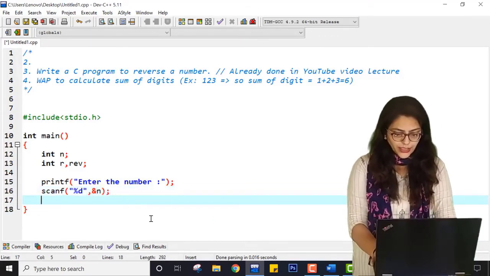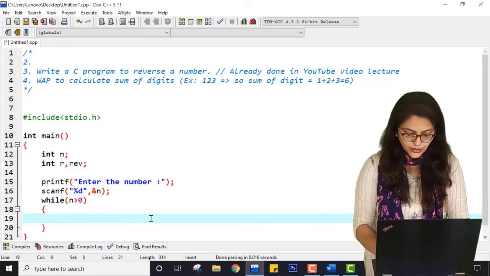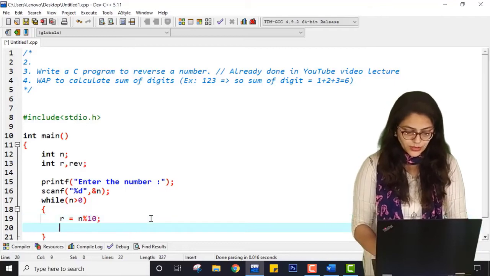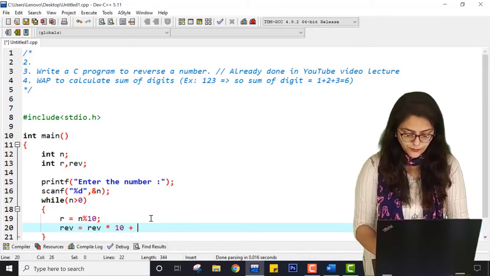Then I am writing while n greater than 0, I am doing r equal to remainder, n modulo 10, then reverse equal to reverse into 10 plus r.